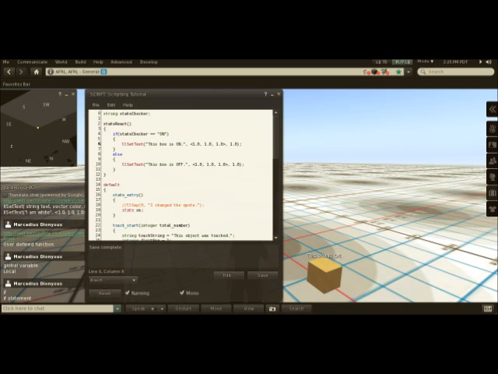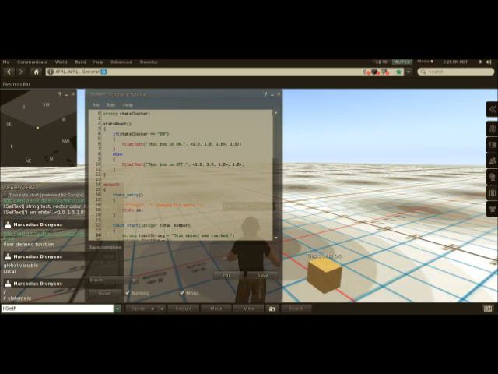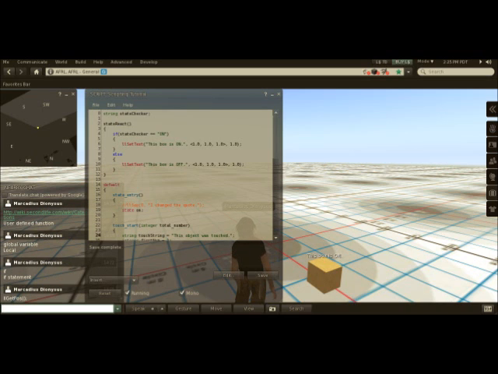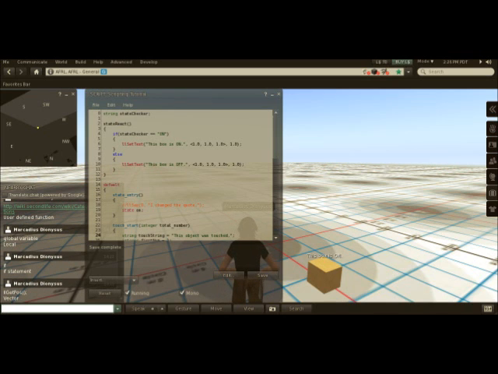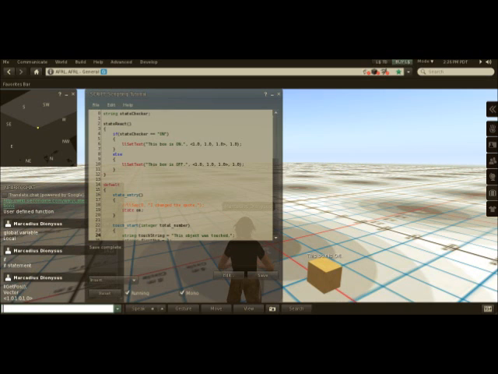But I promised I'd show you guys how to use another LL function that tells us our position. That function is called LL get pos. What this function does is it gives us a variable to tell us where the box is, and it uses what's called a vector variable. A vector variable contains three numbers, just like we used before in the set text. So it contains an x, y,